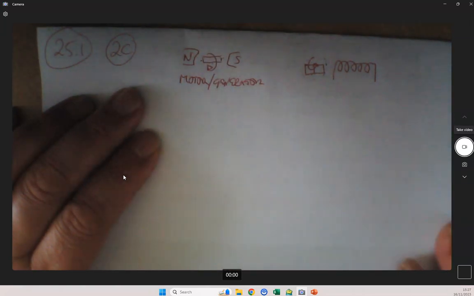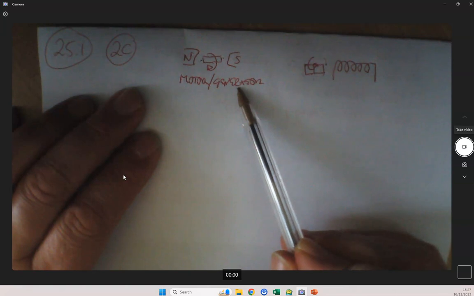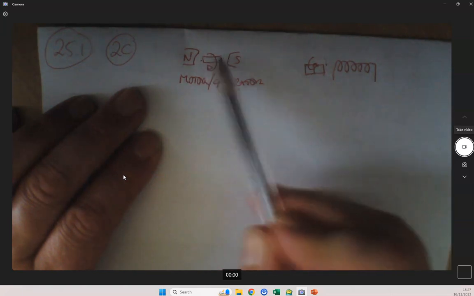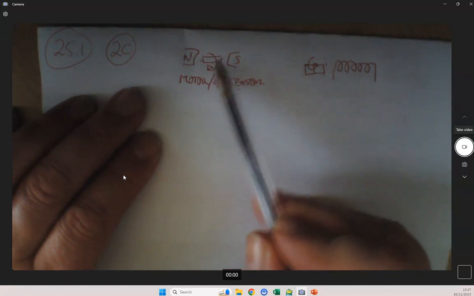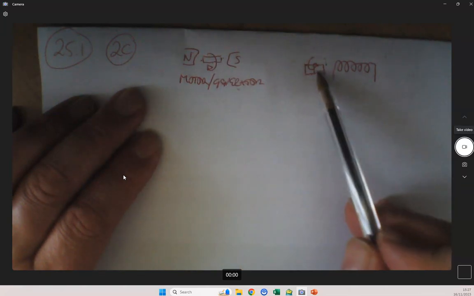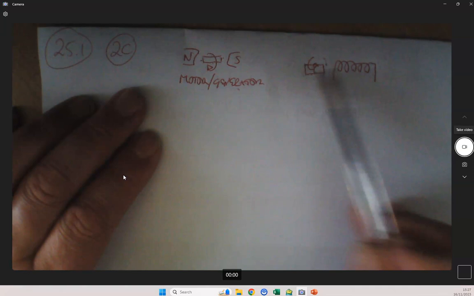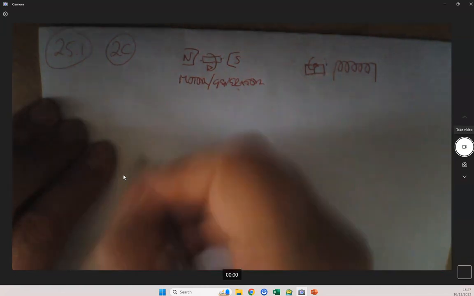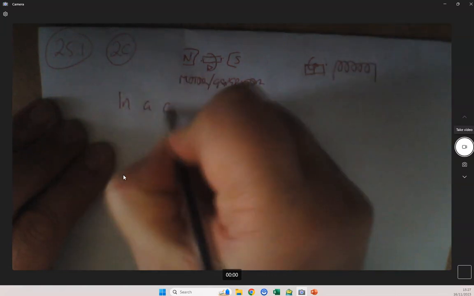So the process between the dynamo and the generator is exactly the same: EMF is induced because the magnetic field lines are being cut. But in the motor, it's because the armature is moving, so the coil's moving, cutting the field lines. And in the dynamo, it's because the magnet is moving, which is causing the coil to cut the magnetic field lines. So if we write that down, in a dynamo,